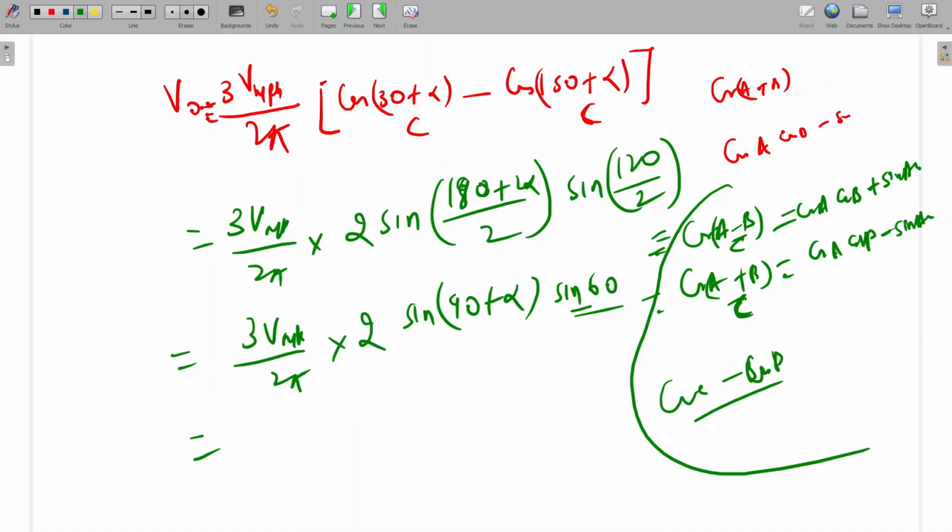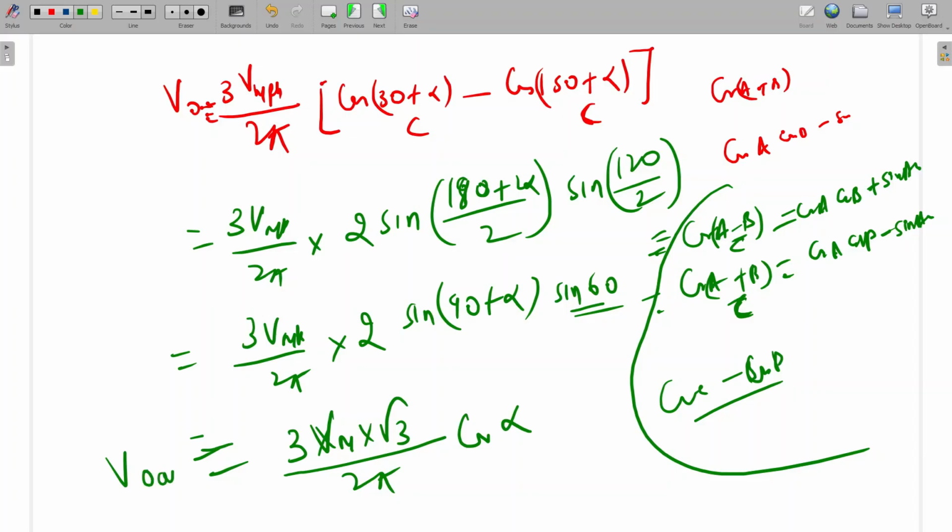So sin 60 means root 3 by 2. So 3 Vm into root 3 divided by 2 pi into cos alpha. Is it clear to all? Yes, sir. So finally, how can we memorize this one? VO average will be